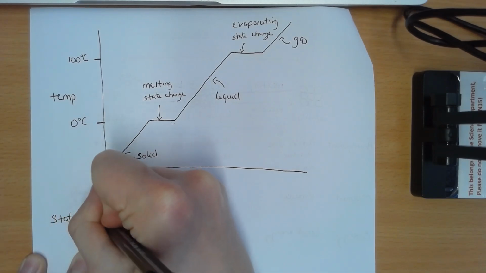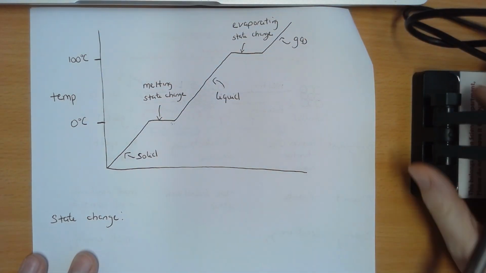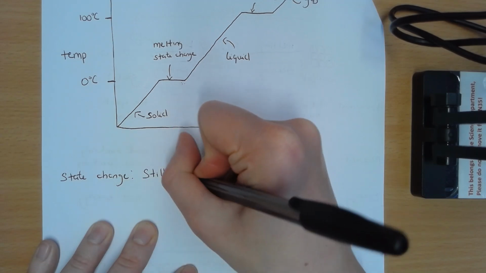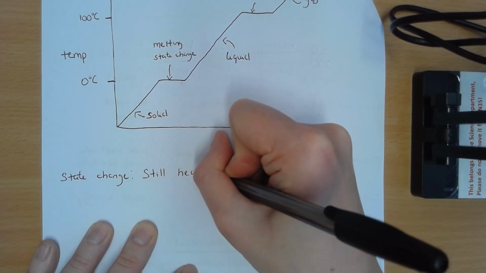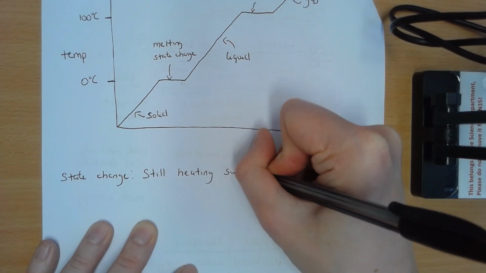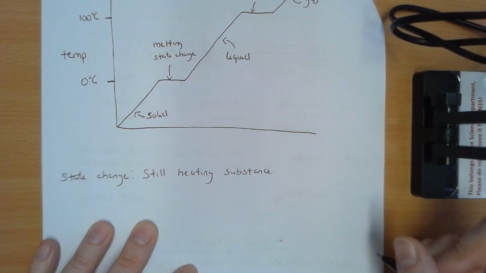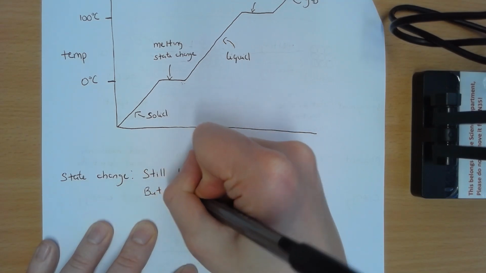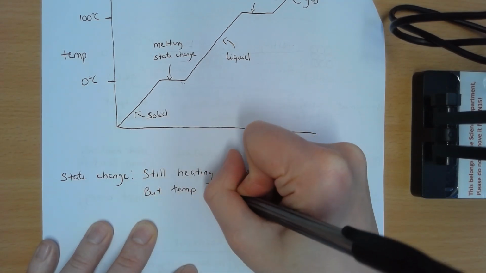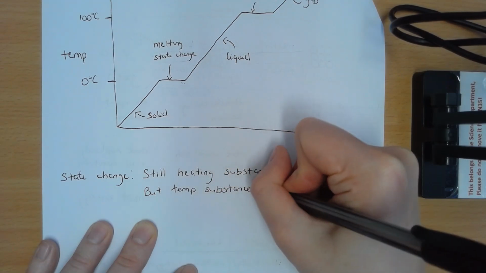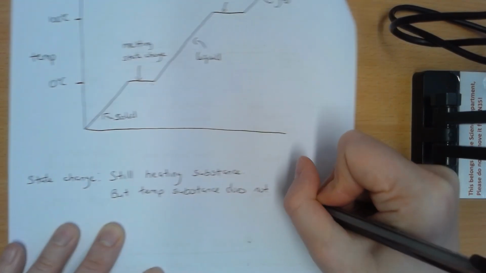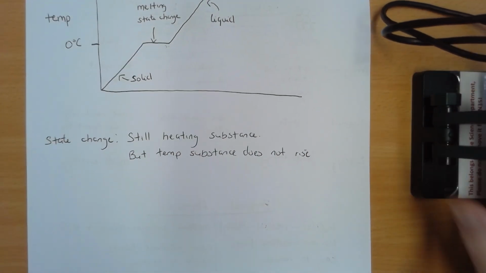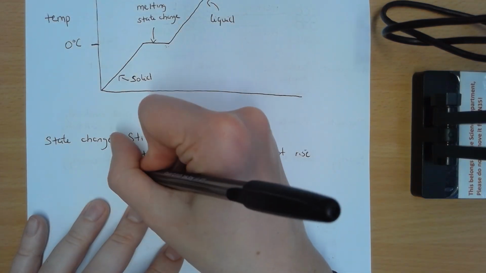So I'm just going to write it down here. When you've got a state change, what is happening? Okay? You're still heating your substance, all right? We're using water, but it could be any substance. You're still heating your substance, but the temperature of the substance does not rise. Okay, so just at this point here, the temperature of the substance isn't rising. Why? Because